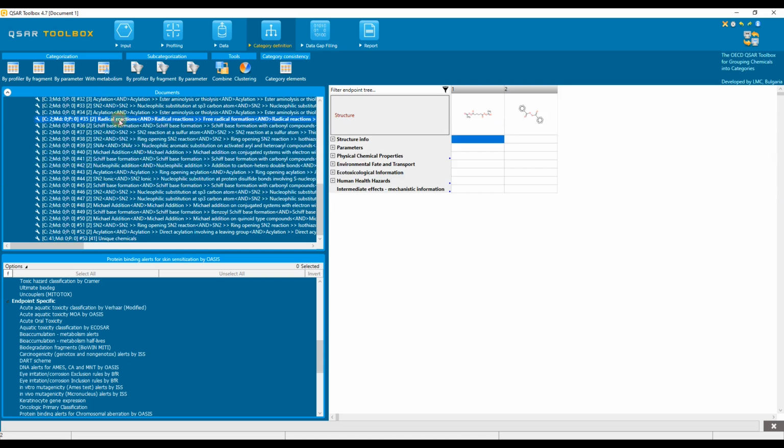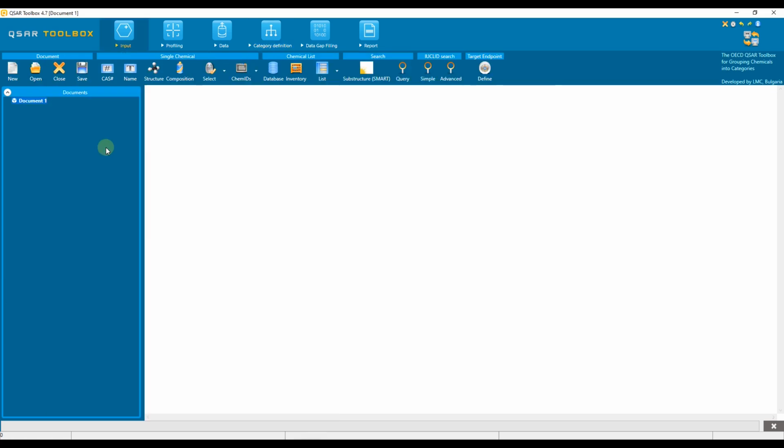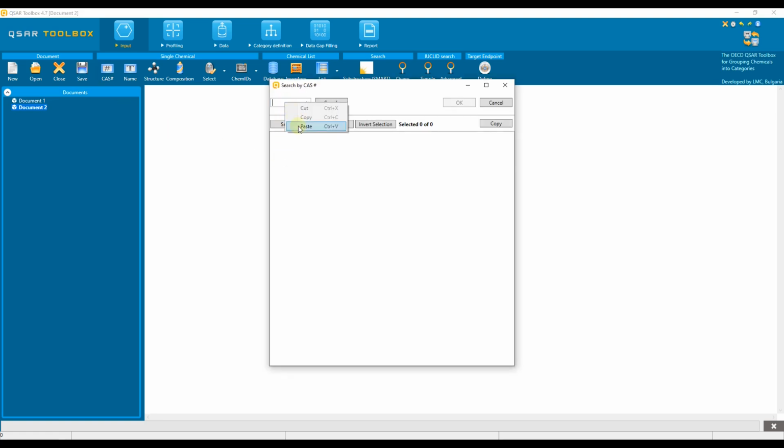When selecting a cluster in the list, the chemicals contained in that cluster are displayed in a separate data matrix. The second example in this video is to show how to cluster a category consisting of a target substance and its analogues with respect to a specific profiler. To do this, we first need to create a category. Open a new document and enter a chemical with CAS number